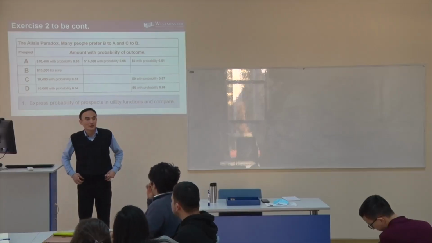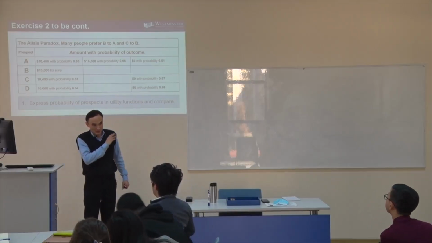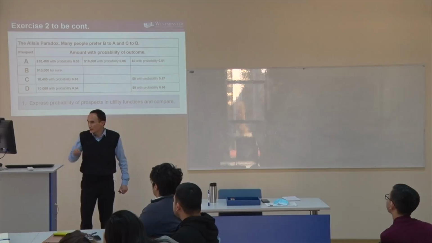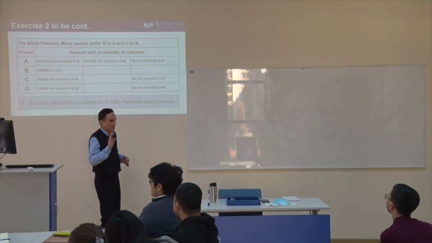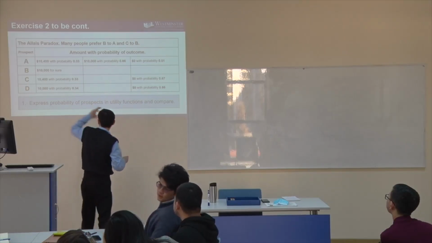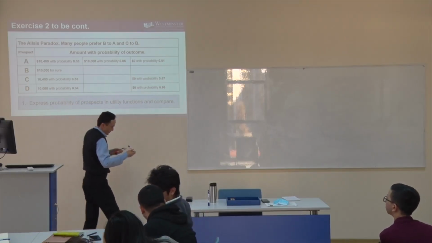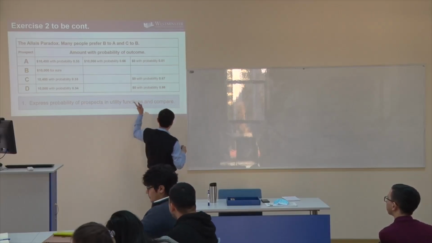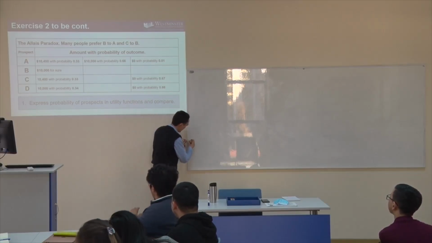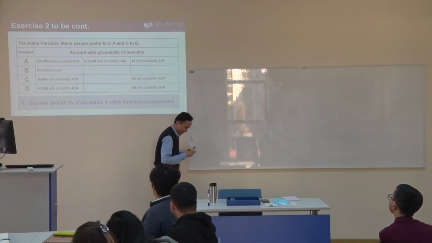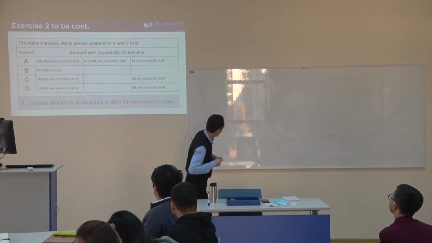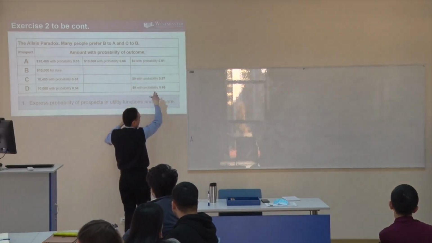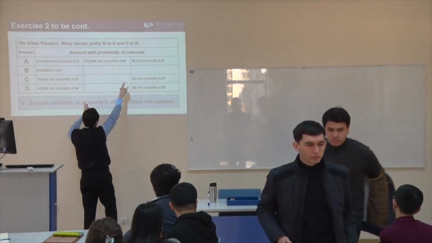So students, now we are going to start solving our second exercise, which is related to Allais paradox, okay? So now we have been given those 4 prospects. So prospect A, B, C, and D. So let me write down all those prospects first, so we will need it. So now we are saying that in the case of prospect A, let me write it from the lowest to the highest.